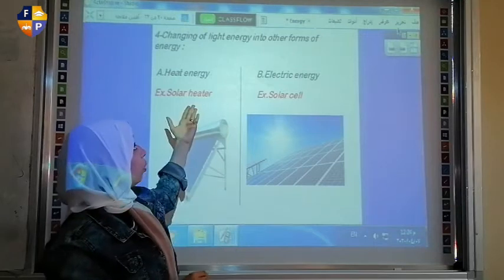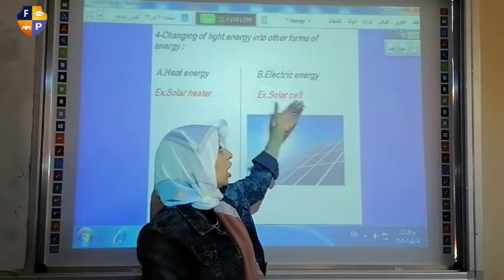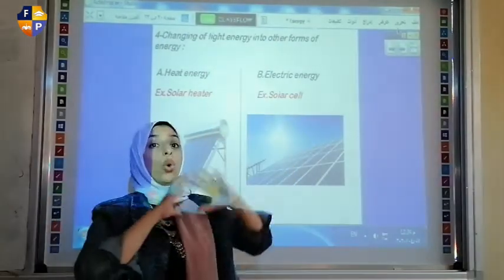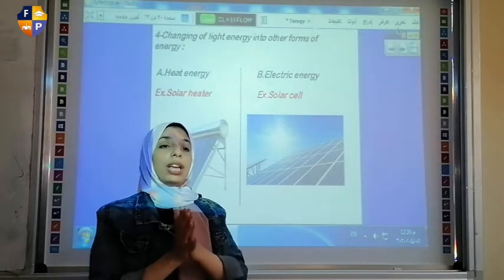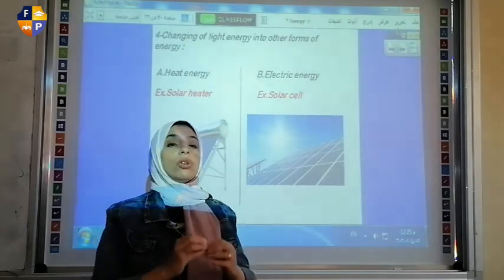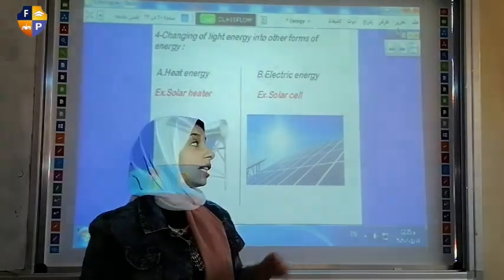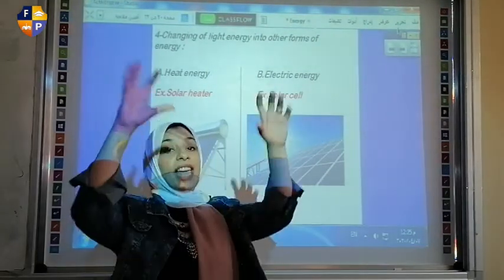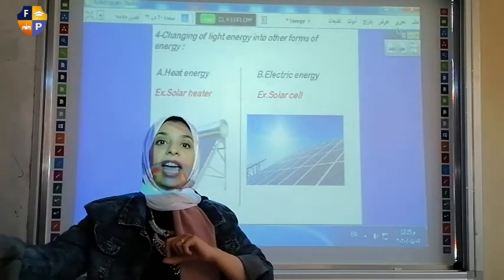Okay, and also the light energy can change into electric energy like the solar cells. In the last session, we talked about the light energy and the electric energy, and I said the sources of electric energy are the battery or dry cells and the solar cells. The solar cells are cells that take the light from the sun and change it into electricity, and we use this